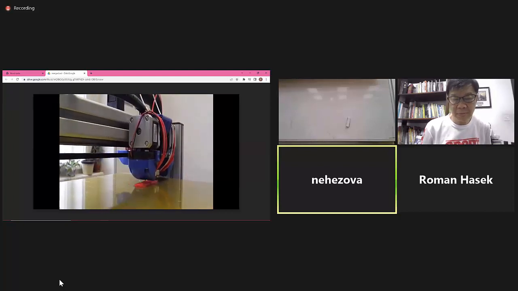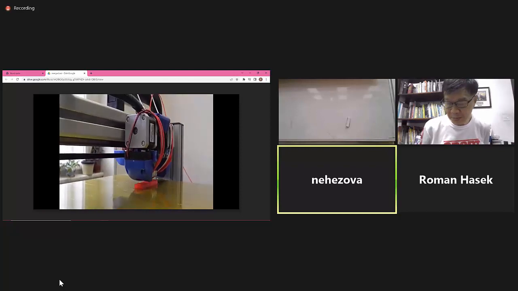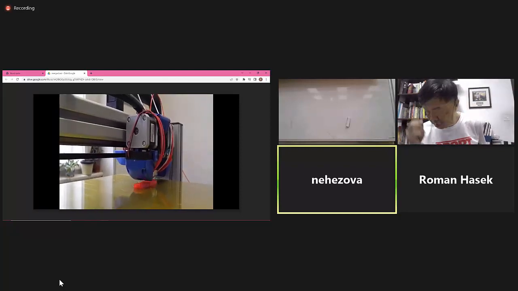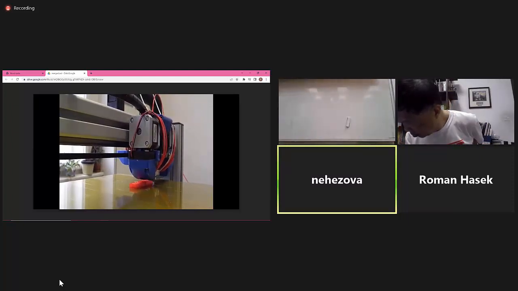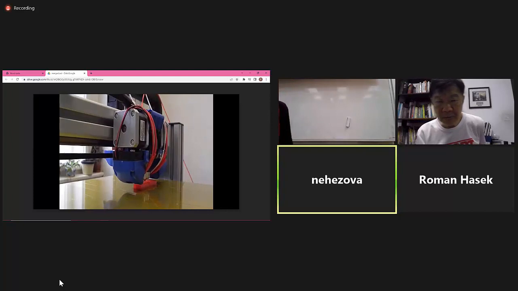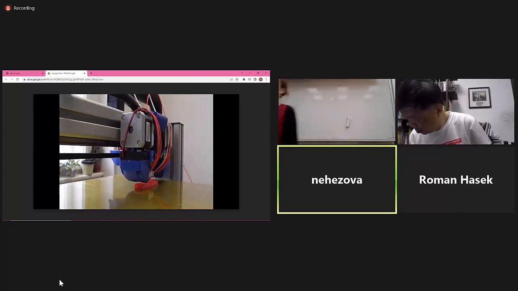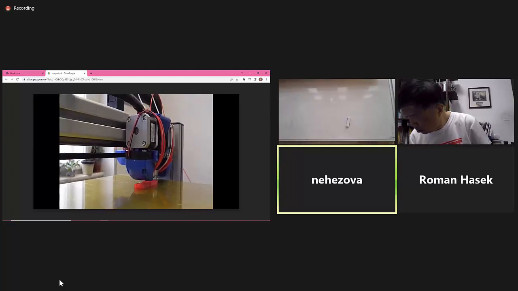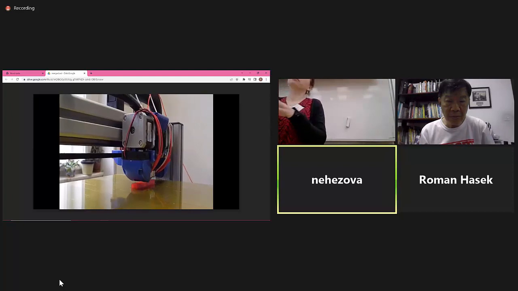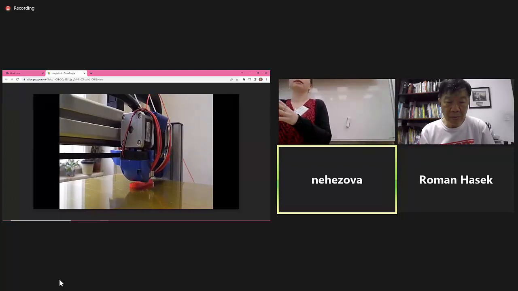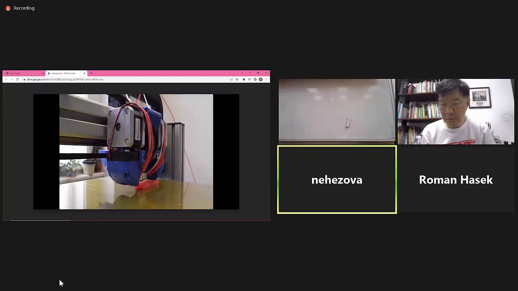Actually, it's the language. It takes time first to print something. When you are printing something more complex, usually you have to use some supports which are removed after the process of printing. Or maybe you can solve this with different position of the object at the beginning. It's also possible. Or you can divide the object into more pieces which are printed